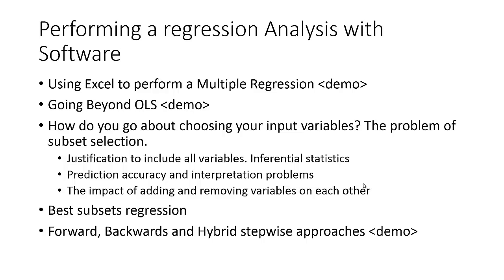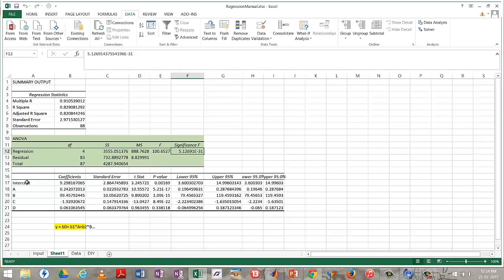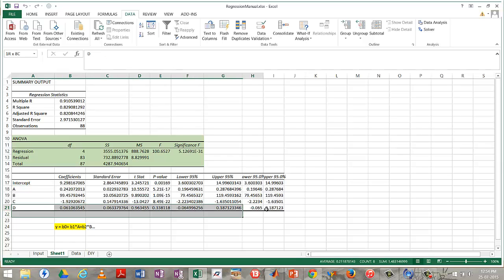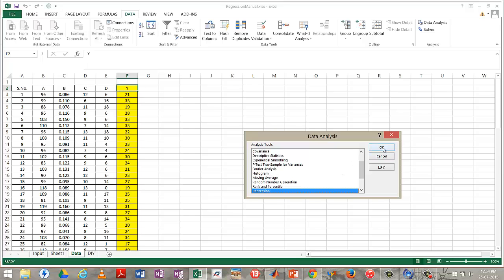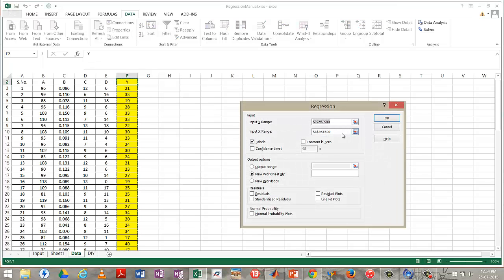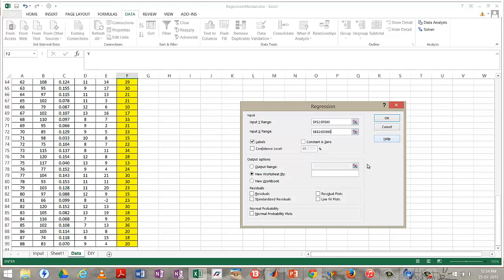Right? So for instance, one way to show you how you could do that in Excel is to say, okay, so I had all A, B, C, D in the model. Now D is the worst. I'm going to remove that, and then say, does that improve my p-value of the F statistic in F12? So it would literally be like repeating the data analysis, going back to the data, going back to data analysis, saying I want to do a regression, but this time please do not include D in my range. So that's what I'm going to do. I'm going to include the label. Okay, so now I've done that,